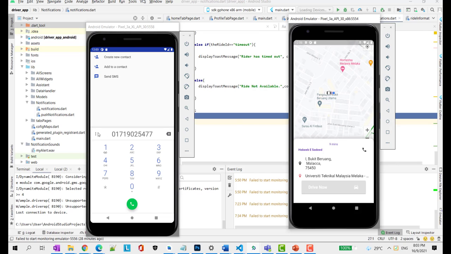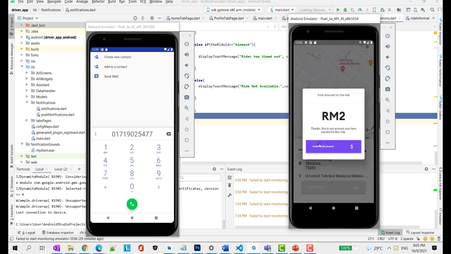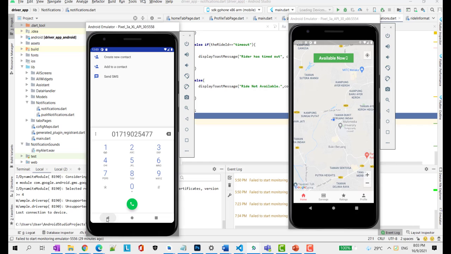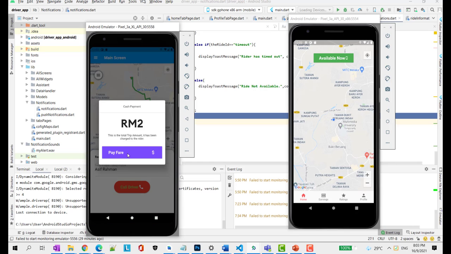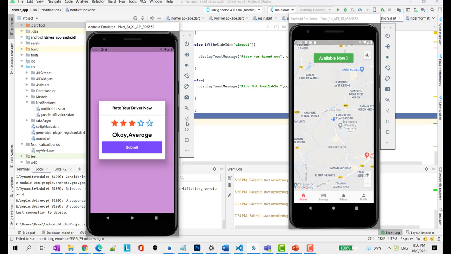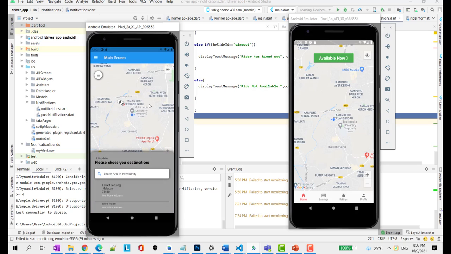Additionally, I can finish this ride, and the minimum ride fare is 2 by default, so I can submit the ratings.